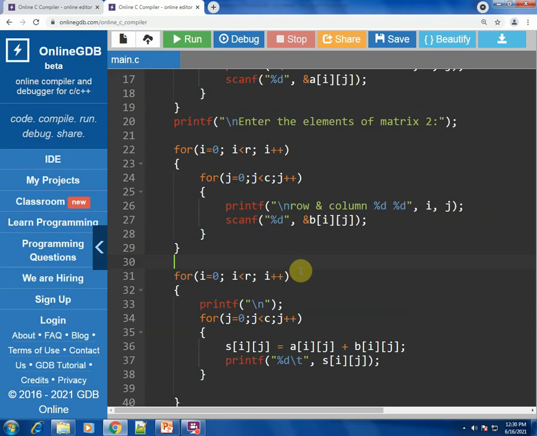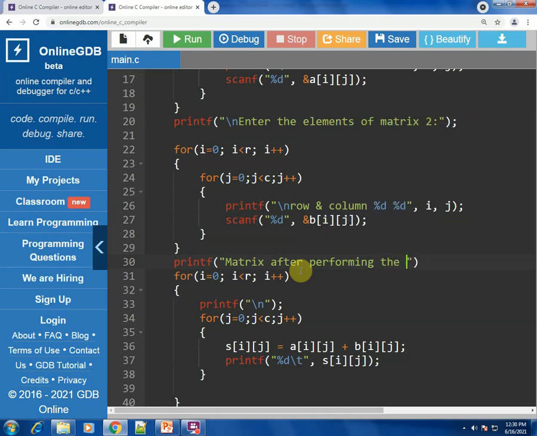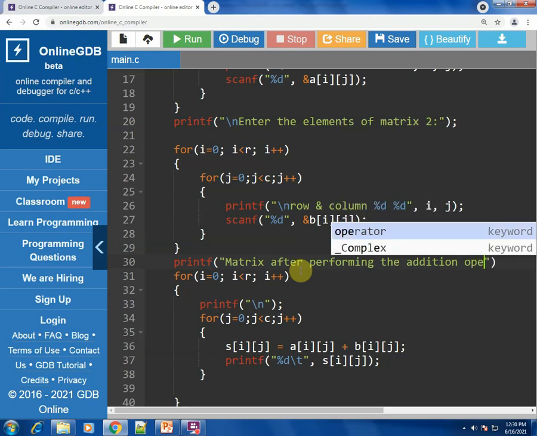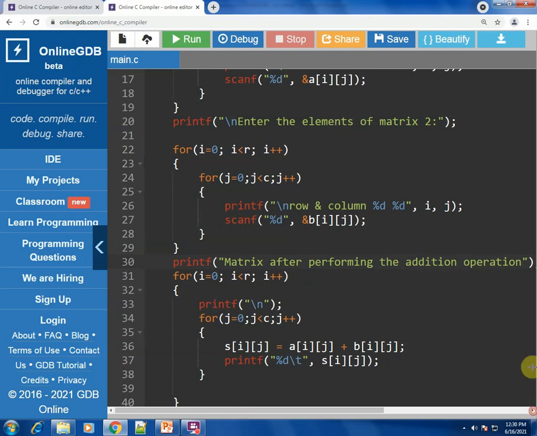Let's put one statement over here saying matrix after performing the addition operation. Okay, so this is how it would look like.